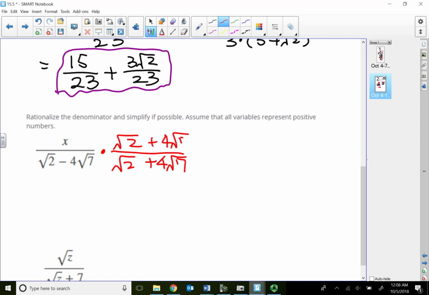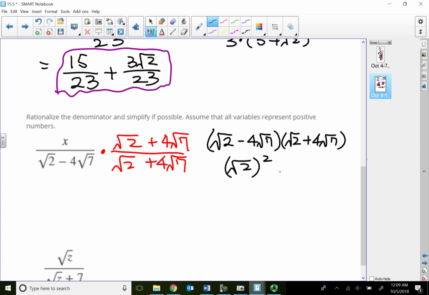If I can make them into a difference of squares, then I can get rid of my square roots. My a is square root of 2, the whole thing squared, minus my b, 4 times square root of 7, the whole thing squared. Square and square root cancel out, so that just leaves me with a 2,